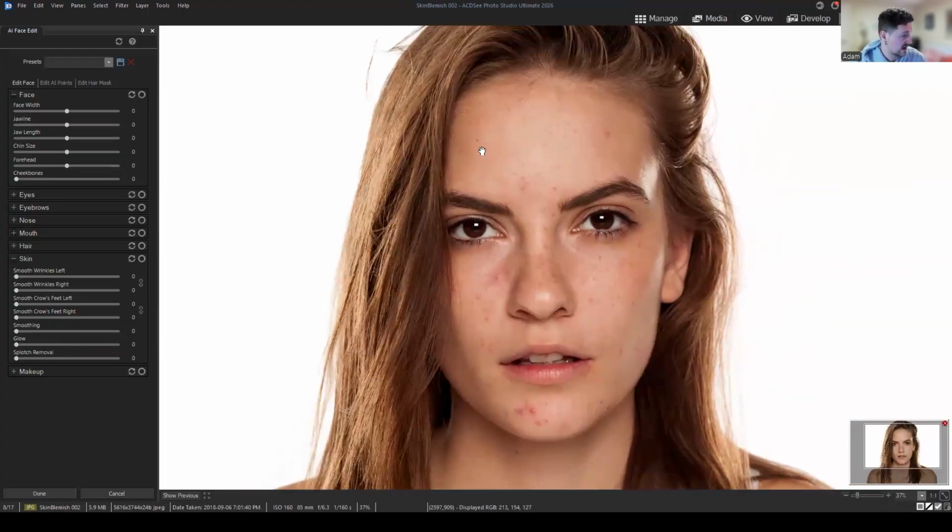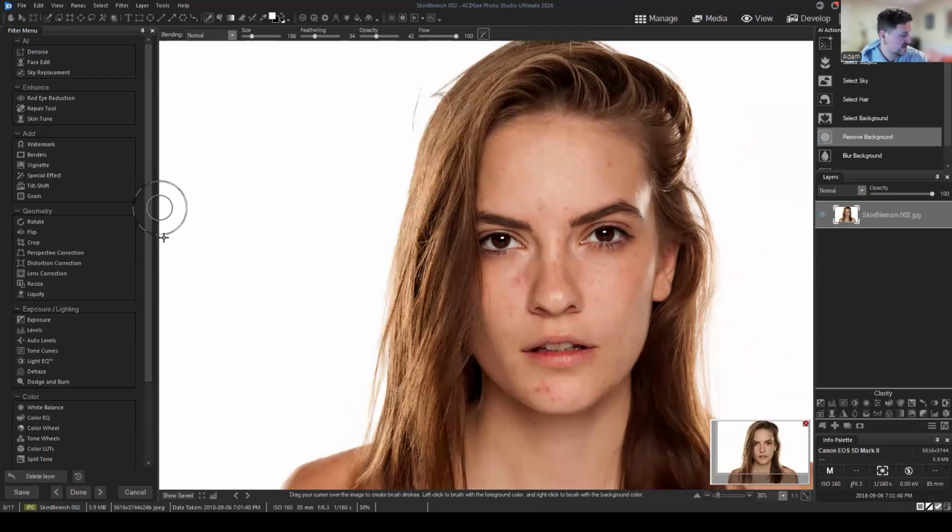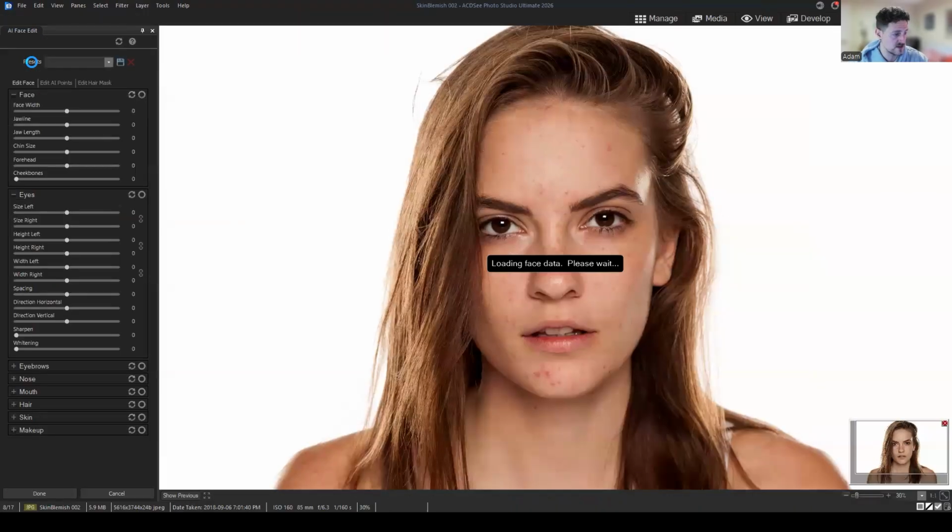The thing to note is that AI Face Edit, in this case all of these editing functions, are filters. And what I mean by filter is that in edit mode, all of these filters that you see on the left-hand panel here are destructive adjustments, versus adjustment layers that interact with masking. Masking is all non-destructive. So just as a general note, when we open up the Face Edit tool and make a Skin Tune adjustment, like the same one we did here a moment ago with the smoothing and glow,